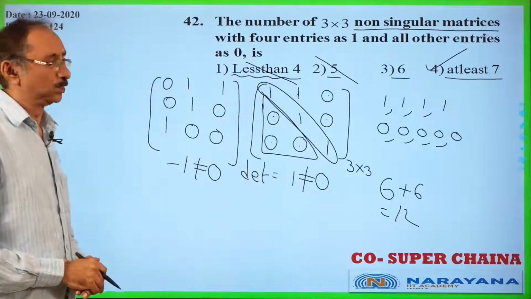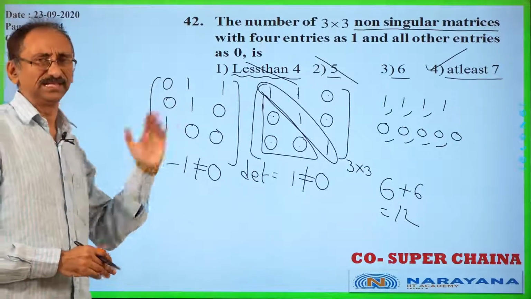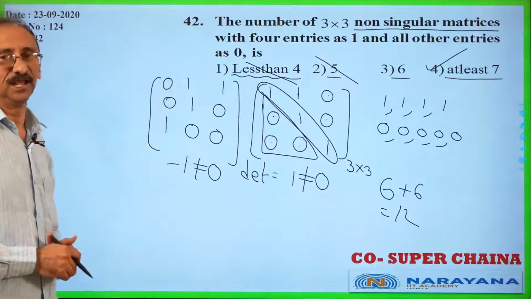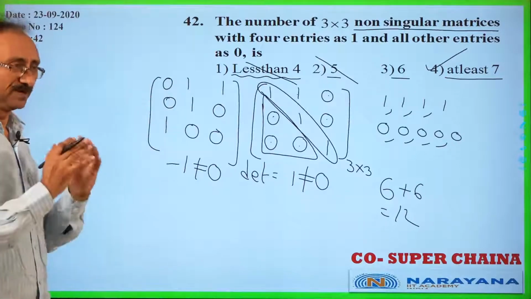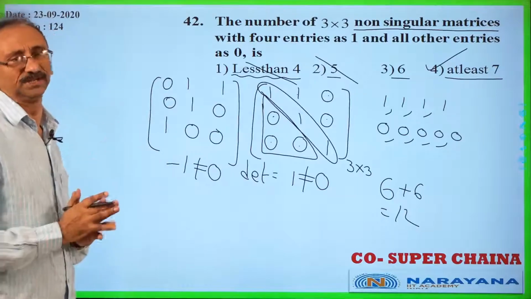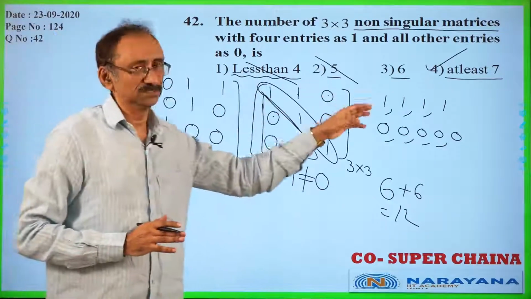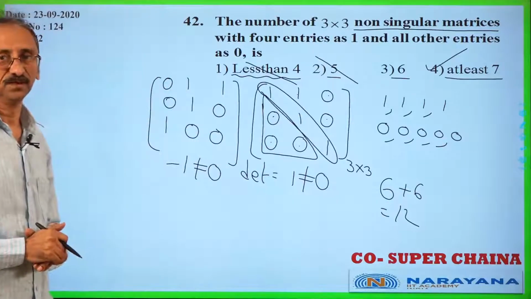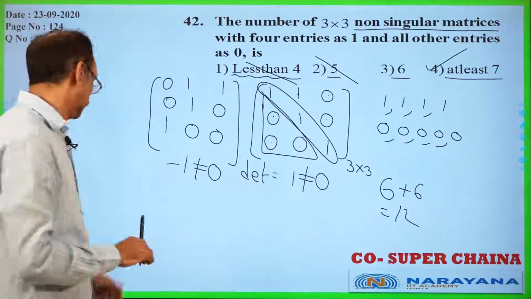So this is a question given in the mains examination. The answer is at least 7. For some problems, you may not count all the matrices or all the determinants, but see the options. By the options, you can get the answer easily. Right, now we'll go to the next one.